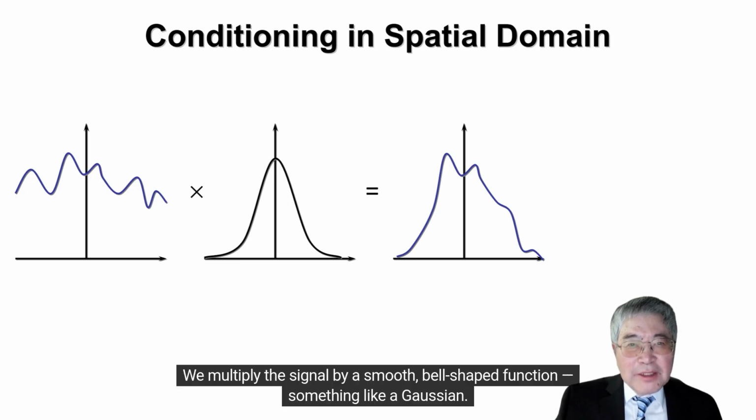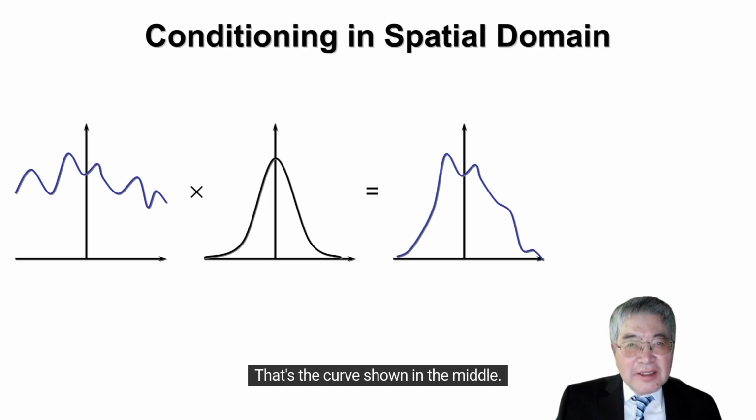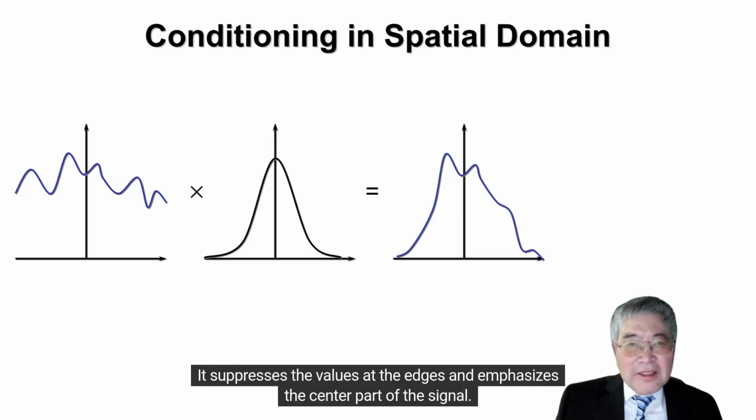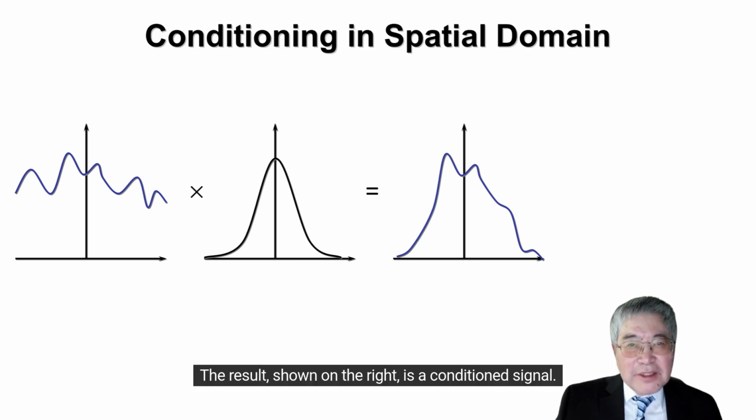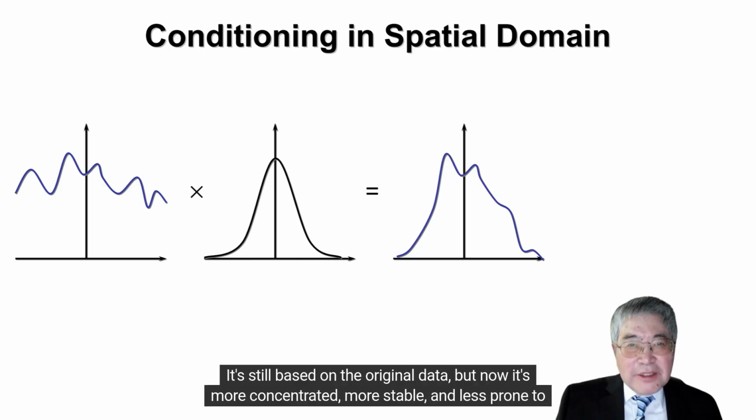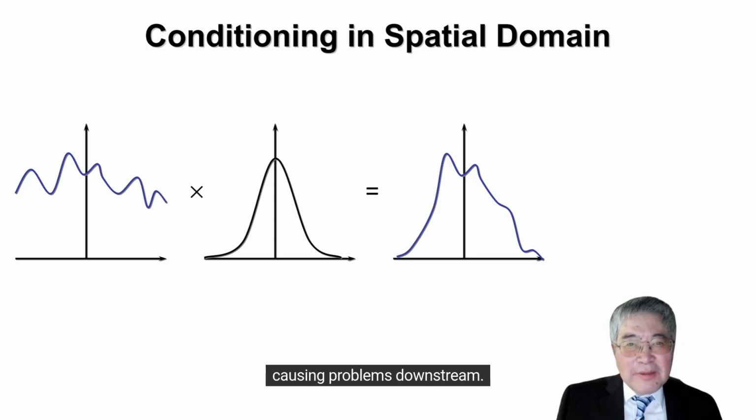We multiply the signal by a smooth bell-shaped function, something like a Gaussian. That's the curve shown in the middle. This operation acts like a soft window. It suppresses the values at the edges and emphasizes the center part of the signal. The result shown on the right is a conditioned signal. It's still based on the original data, but now it's more concentrated, more stable, and less prone to causing problems